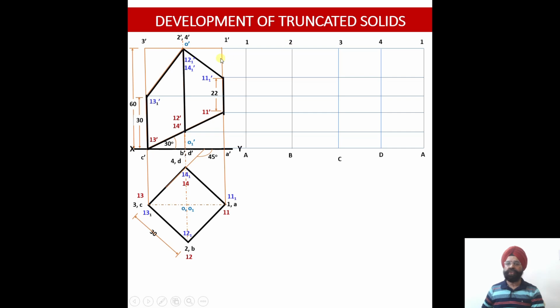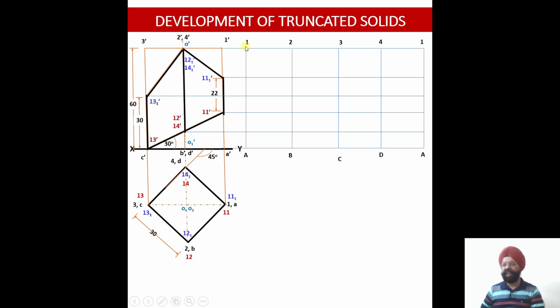Now we are going to start drawing the projections of all these points of intersection, that is, corresponding to 11, 12, 13, 14 over here, right? So here we have the points corresponding to the top cutting plane. They are 11 1 dash, 12 1 dash, 13 1 dash, and 14 1 dash.